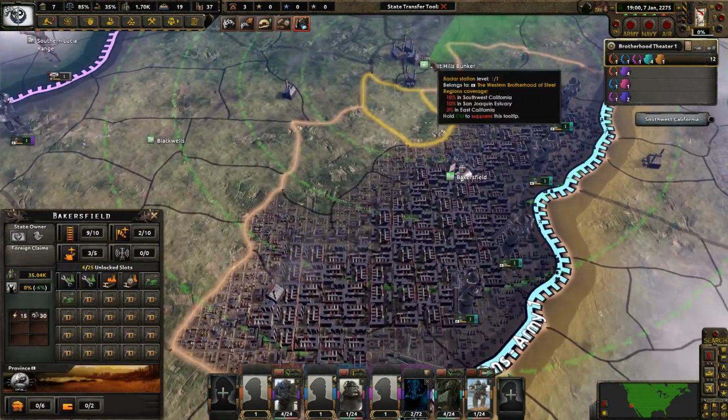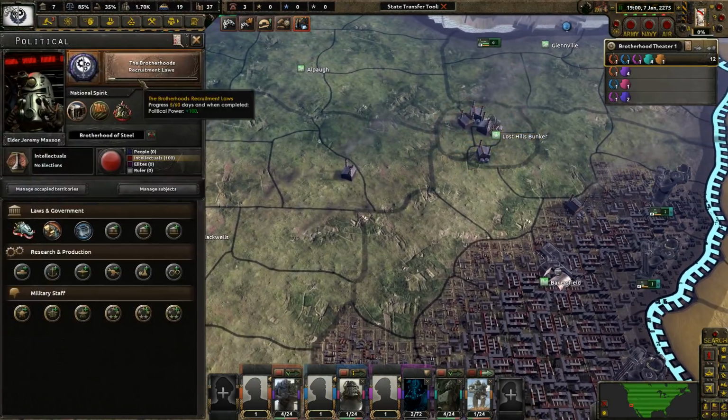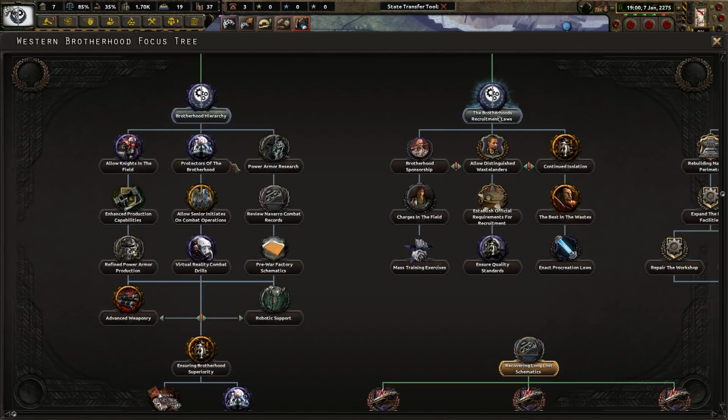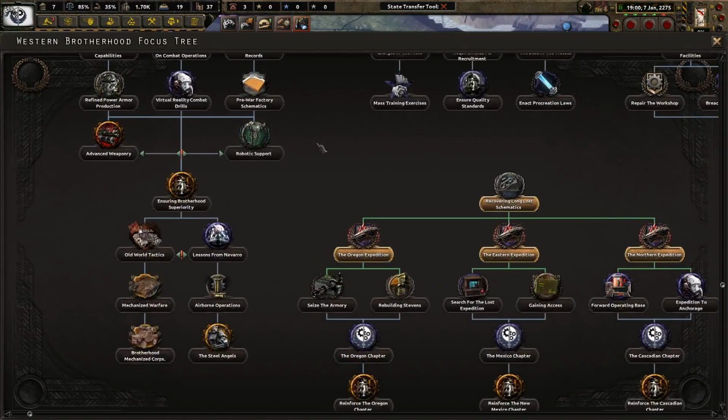Oh wow, look at that. Ostil's bunker actually only has 600 people. That's kind of nice, because it makes sense. Not that many people in there. And yeah, so there's also the other part of the tree, which is obviously just your usual